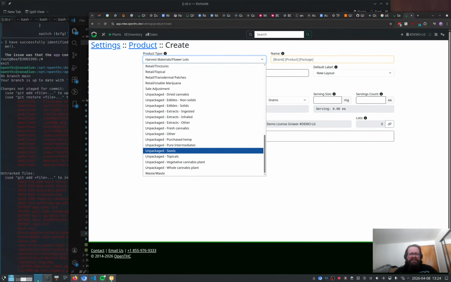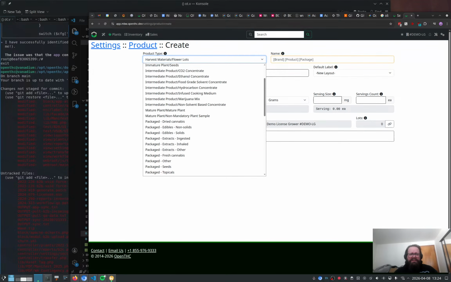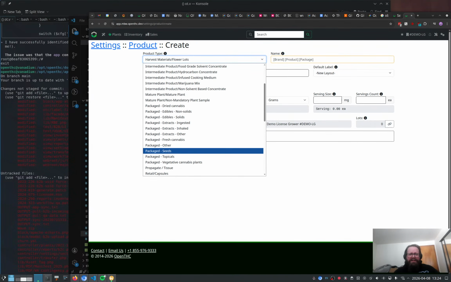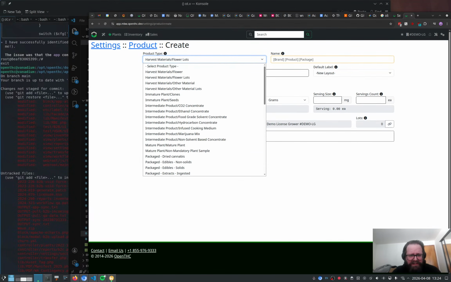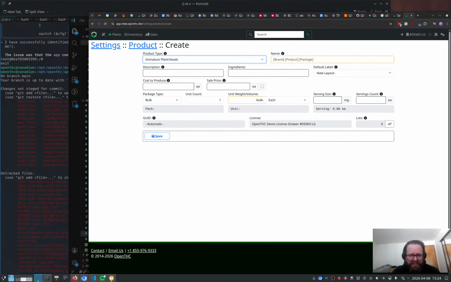Let's make some seeds. I'm gonna make these seeds, and I want seeds because I want to make some cultivation plants. These are bulk. Sometimes they're unit count each, and that's okay, as in they're counted individually. That's a really unmanageable way to manage your seeds